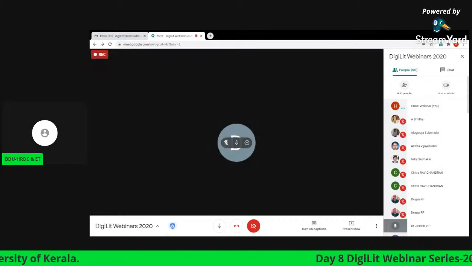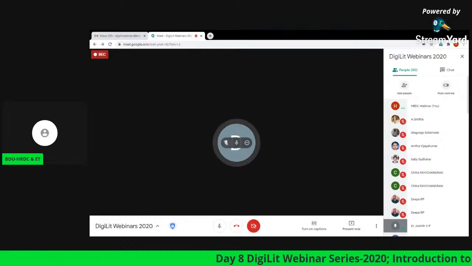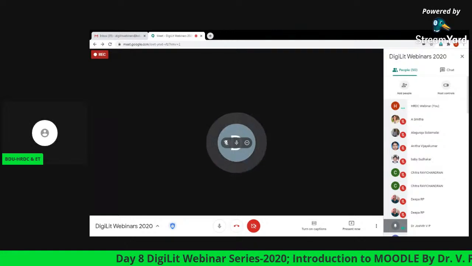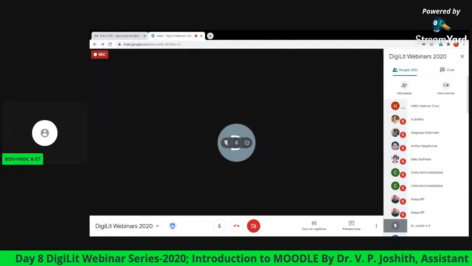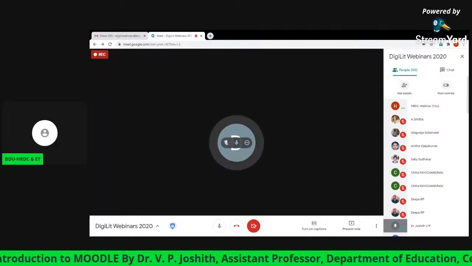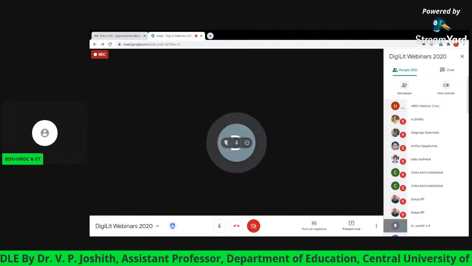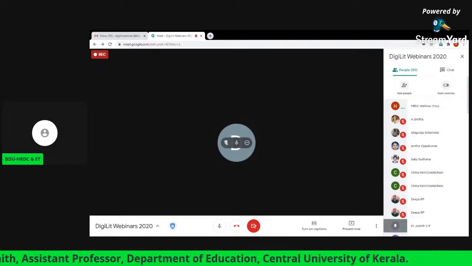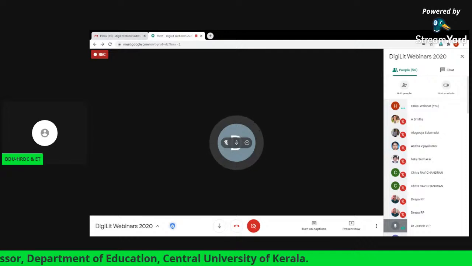Second, with that site name, in a new tab, you logged in with this URL. The URL is your site name. After that, you logged in. The login ID was admin and the password was in your mail.